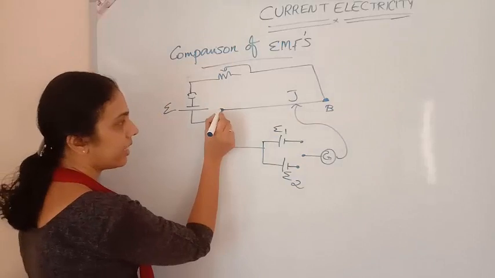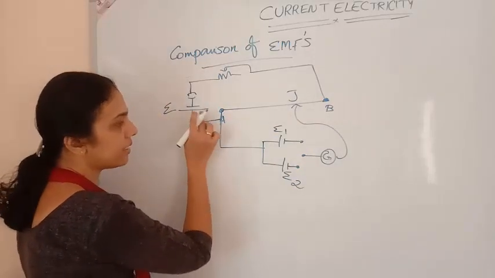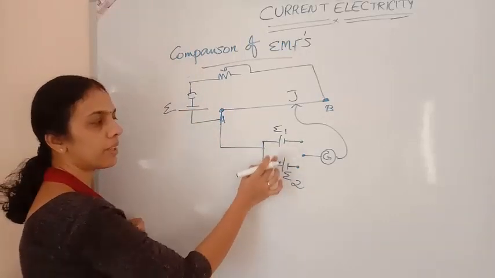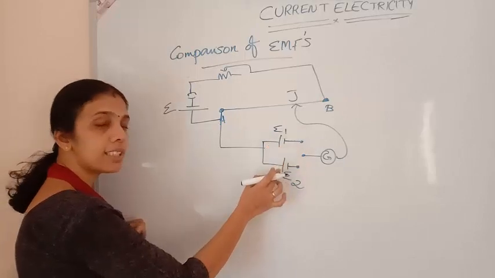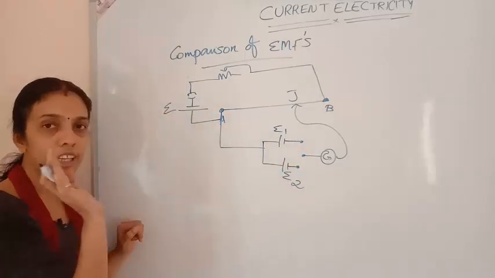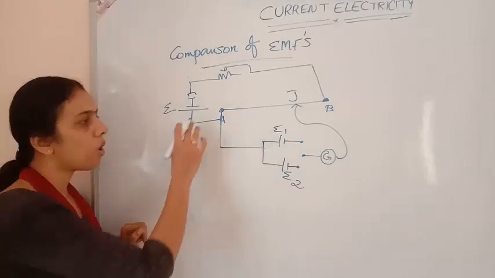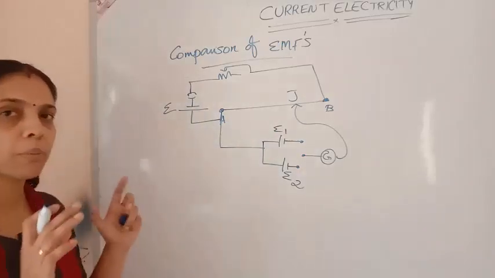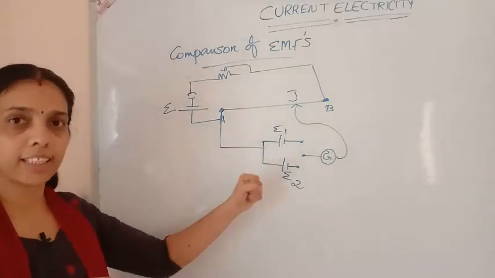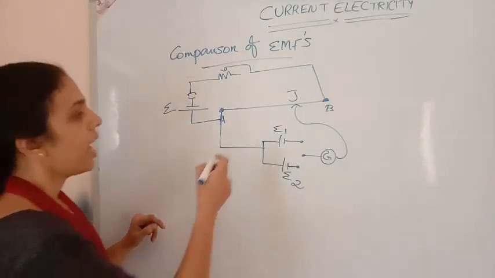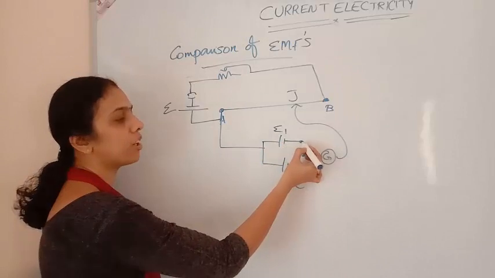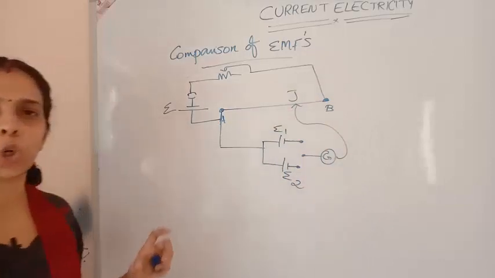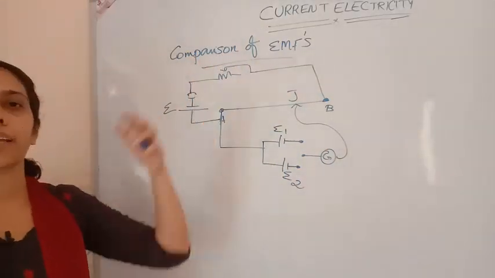From this end A, we are connecting three cells. One is here, positive, the other two are here, and only the positive terminals are connected to end A. It's very important. All the positive terminals will be connected to end A. So while you are doing the practicals also, you should remember all the positive terminals should come at one end. That end will be A. Then from the negative, one terminal of the key, from the other negative another terminal, and from the center the galvanometer to the jockey.